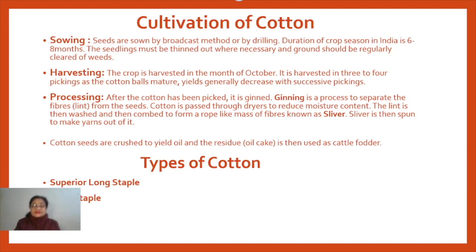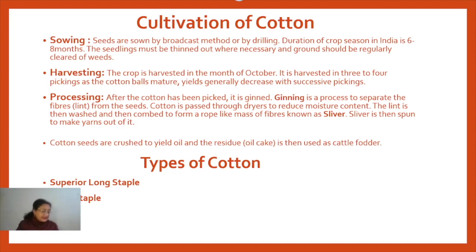Now the next thing is, suppose the oil has been extracted. After that, what is left after the extraction of oil is called the residue, or the leftover part of oil seeds after the extraction of oil. That is oil cake, which is an important product, and this oil cake is a good animal feed, or cattle fodder. I hope this much is very clear to you all.